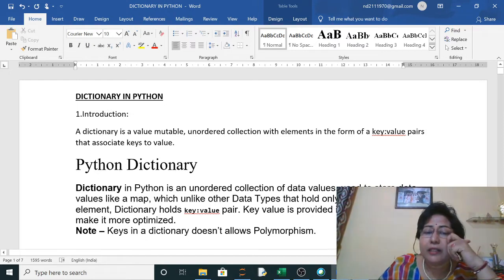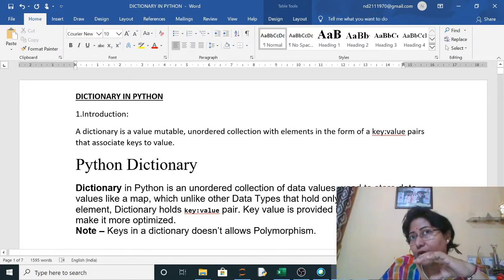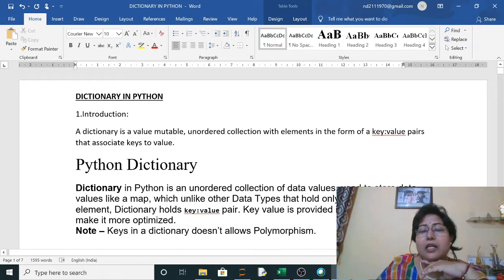Now dictionary in Python is an unordered collection of data values used to store data values like a map, which unlike other data types that hold only a single value as an element, holds key value pairs. You can hold a list also, like the roll numbers you can store in list form, and the names also in list form.